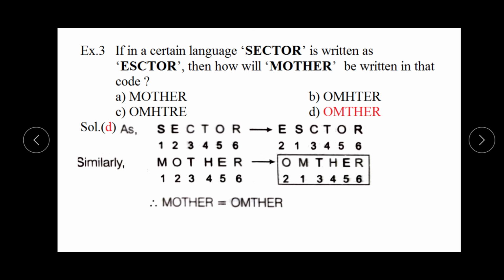It means in this the arrangement of the letters can be different. In the first we saw the arrangement was from last to first. In this the first two alphabets are interchanged. It can be that the third and fourth are interchanged. It can be the fifth and sixth are interchanged. So the arrangement of the letters can be of different types.